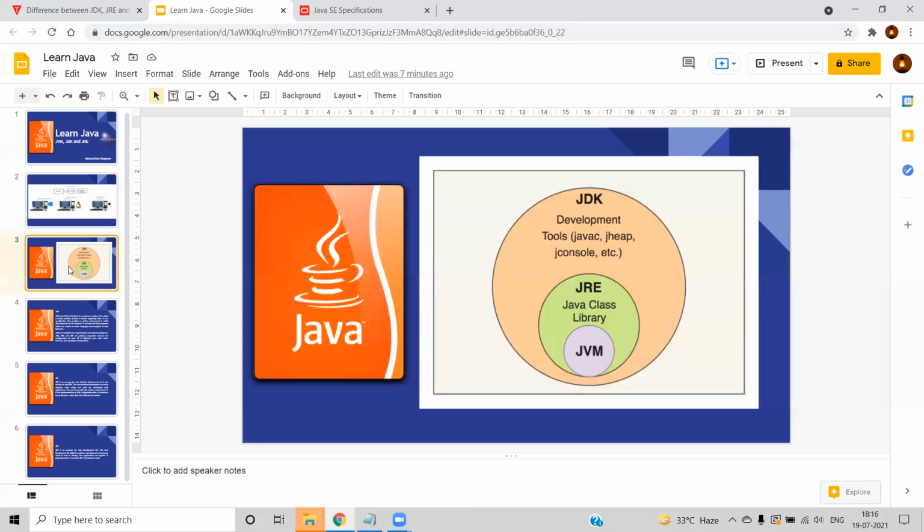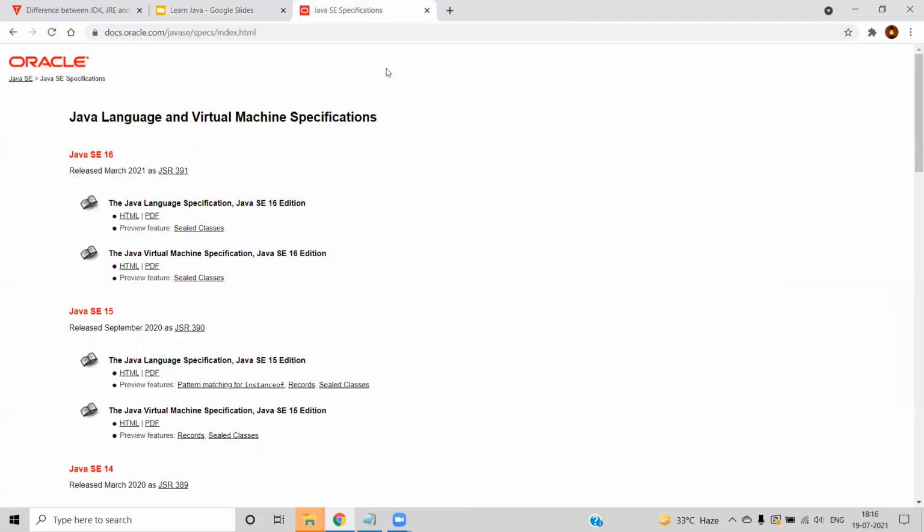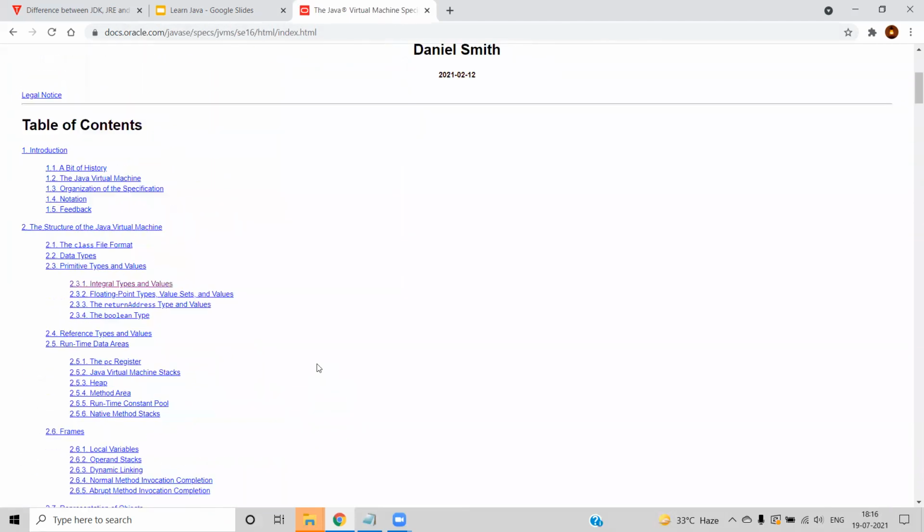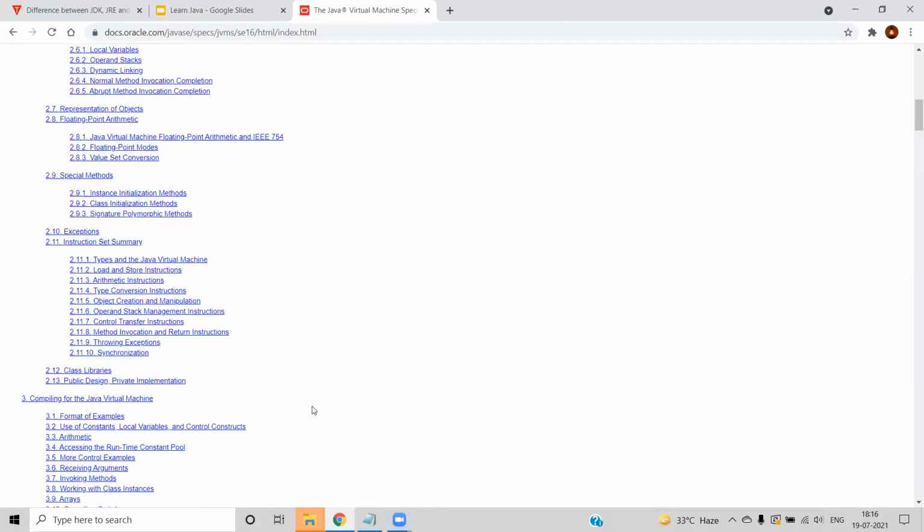Next one is JDK, which we have discussed, and JRE, which we have discussed. So let's go to the example of how to see the specifications. Here you can see, this URL will be shared in the comment section, the Java Virtual Machine specification for the latest version, Java SE 16 edition. If you see the HTML version, they have each and everything about the language and